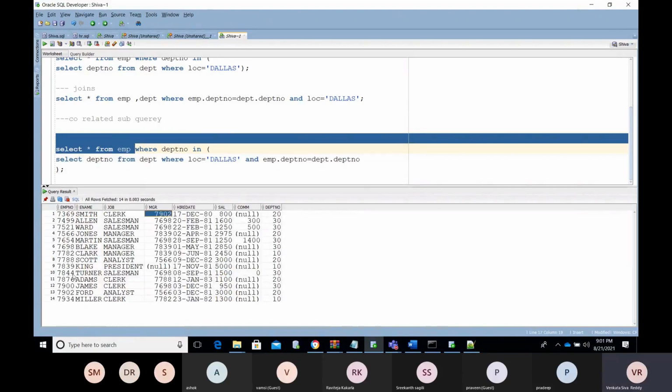So Ford's salary is 3000. If you want to compare the Smith salary versus the manager salary, Smith's salary is 800. Smith is related to department 20, and this Ford is also related to the 20th only.